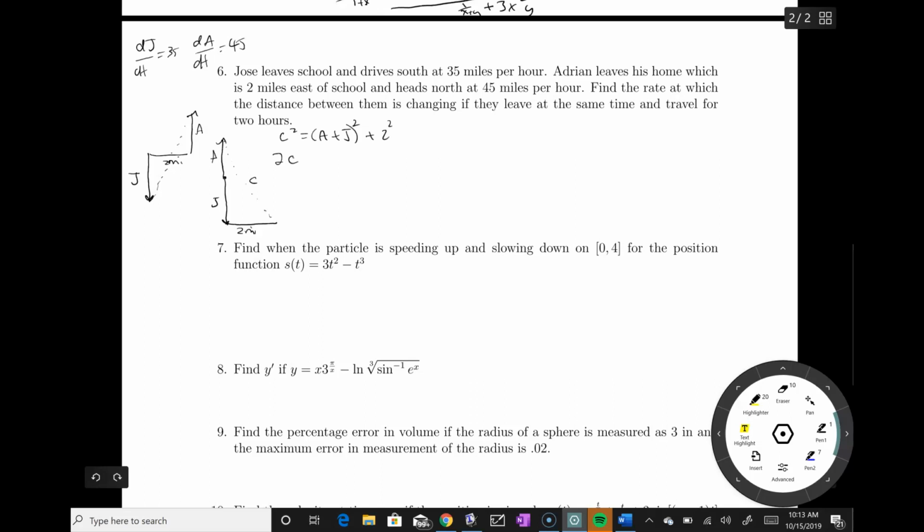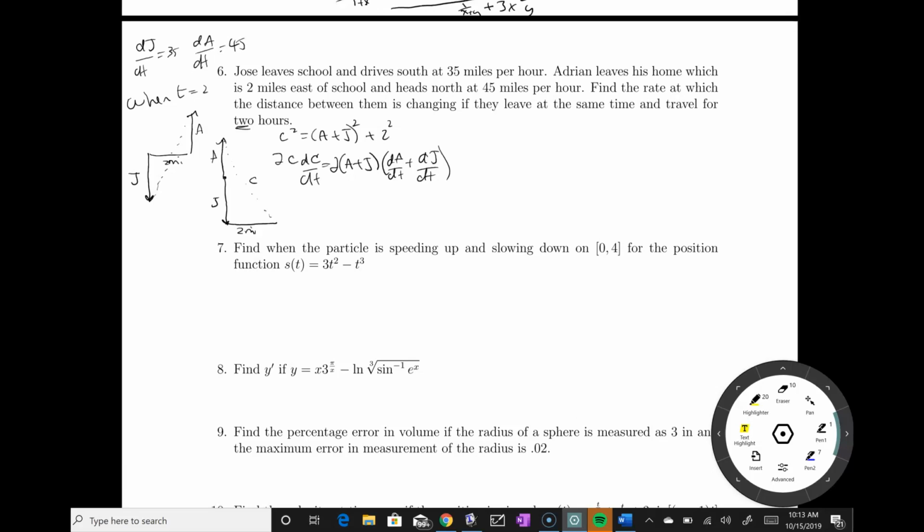So then I'll take the derivative, 2c dc/dt equaling 2(A plus J), and then I'm moving in to take the derivative, so I get dA/dt plus dJ/dt, and the derivative of 4 is 0. I forgot to write down the when. So when they've been traveling for 2 hours, so when t equals 2,